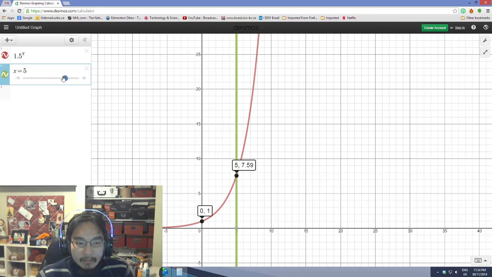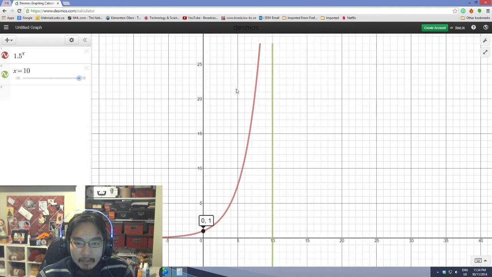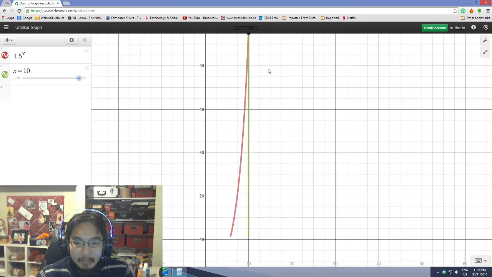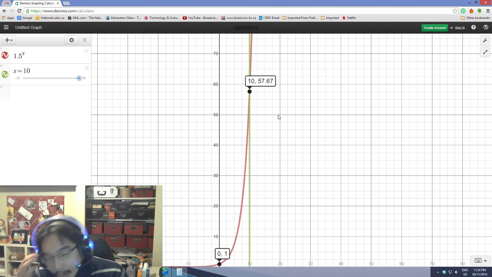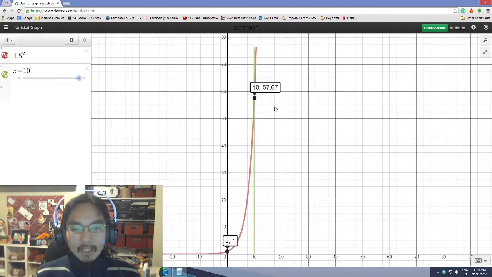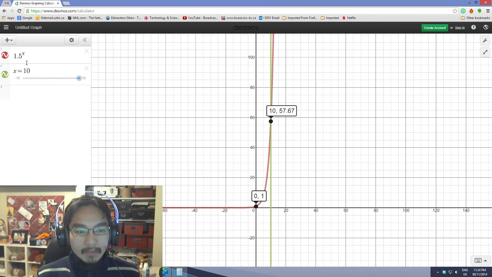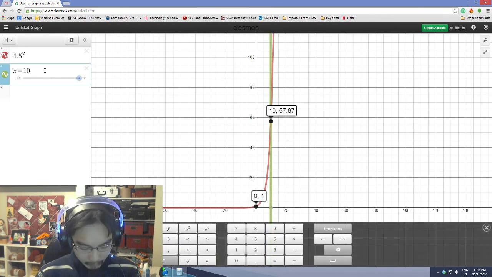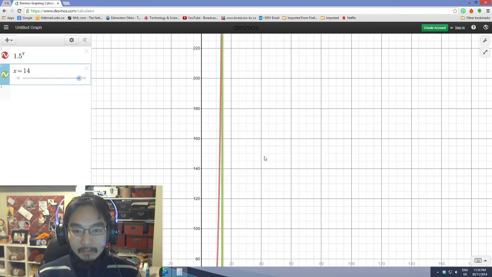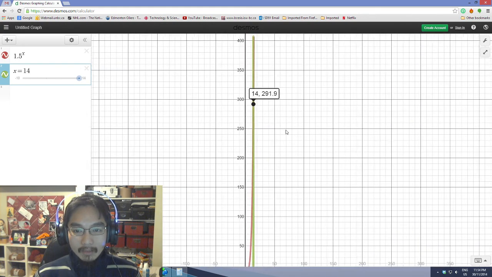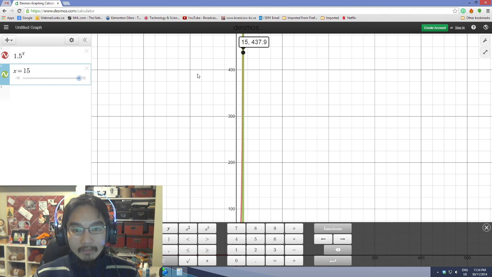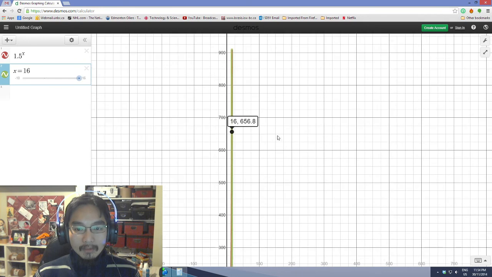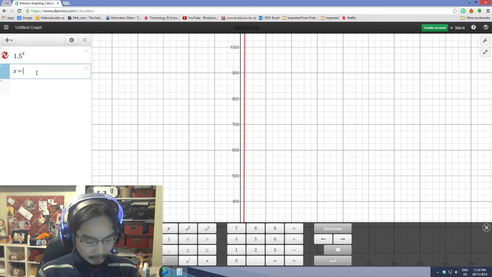After 10 days, well, let's change this to x equals 10, and quite a few people are infected after 10 days. So about 57 people will be infected after 10 days. And assuming this doesn't stop, we can keep going, and say x equals 14 days. 4 days later, the number of infected people jumps to 291. After 15 days, 437. 16 days, 656. Let's say after 30 days,